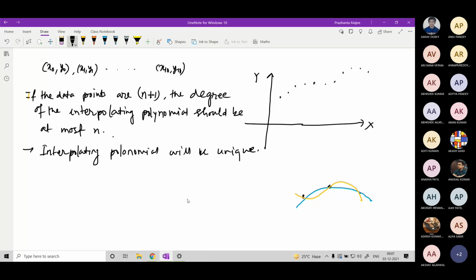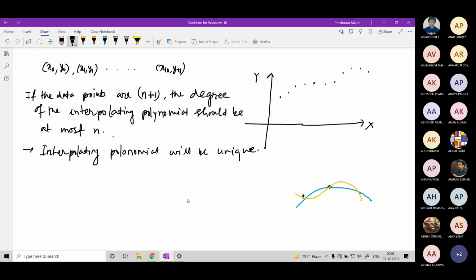You create a set of 11 data points, or 21, or 15, any number of data points, and using those data points you recreate the function in terms of a polynomial. Is it not? So a very complicated function is there which is very difficult to analyze. What you do, you create your own data set from the given function. You take some arbitrary number of inputs and you find the corresponding outputs, and from those data points you recreate the function in terms of polynomials. And polynomials are very easy to handle, very easy to differentiate, very easy to integrate. So that you can do.